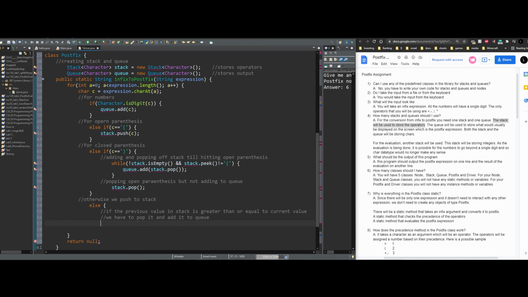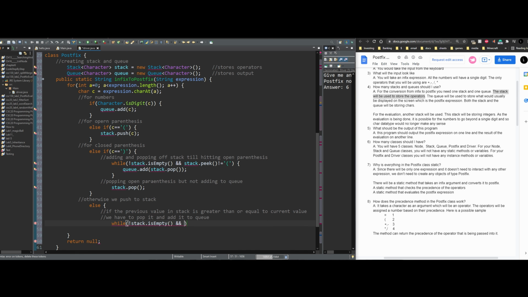So we have our statement, we have what we're going to do. We are going to start our loop. We are going to have while again, and we're going to run this again as long as our stack is not empty, because we don't want to run past our stack. So as long as our stack is not empty, we're going to have to somehow see if the previous operator is greater than or equal to our current operator. Well, we can do this by